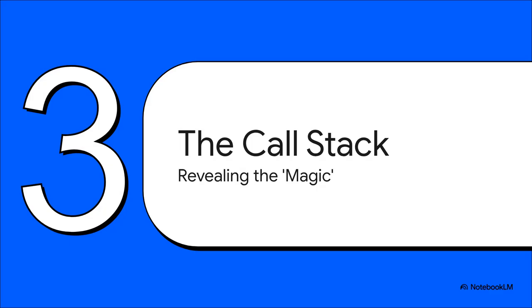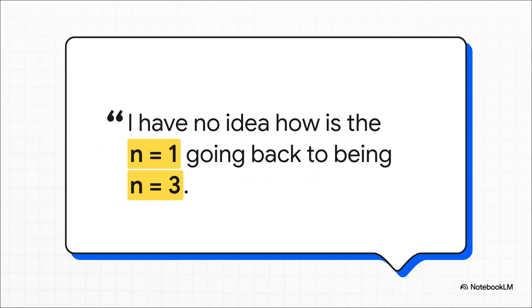Okay, so that whole unwinding thing, where the function just seems to remember where it was, that can feel like straight-up magic, but it's not. There's a very real mechanism inside the Java virtual machine that makes it all happen. So let's peek behind the curtain. And hey, if you're thinking, wait, how does it do that? You are definitely not alone.